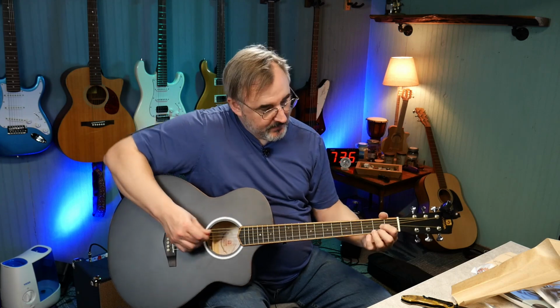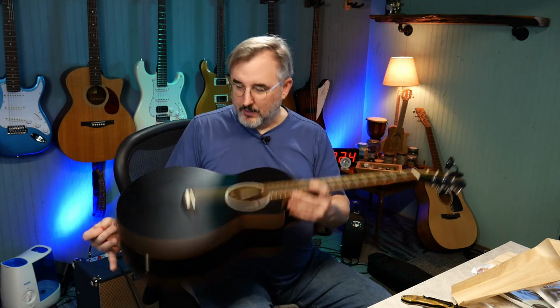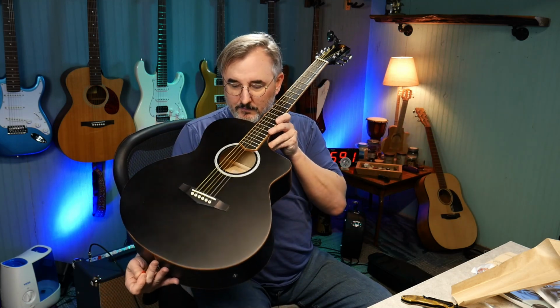Yeah, it's the size 11 strings I don't care for. They're really flappy, I think. On an acoustic guitar, I don't think they're... I'd put 12s on it. It'd probably intonate better with 12s on it, too. Maybe they're afraid that 12s will pull it apart because it's, you know, basswood, but...